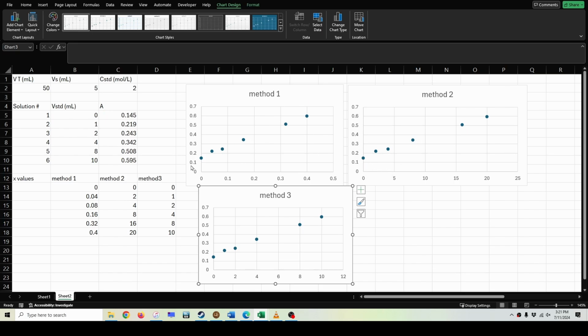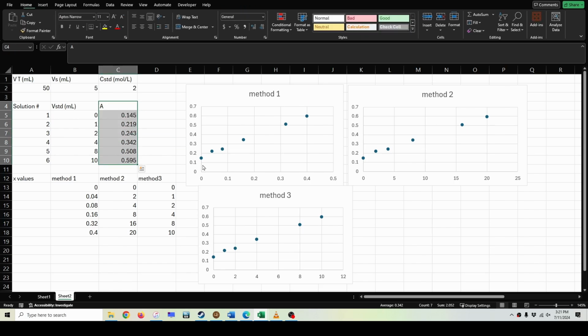The y values are all exactly the same because they all have exactly the same absorbance. The x values, though, are different, as we can see then. So there's really just some kind of scaling happening on the x-axis, which shouldn't really be too surprising,